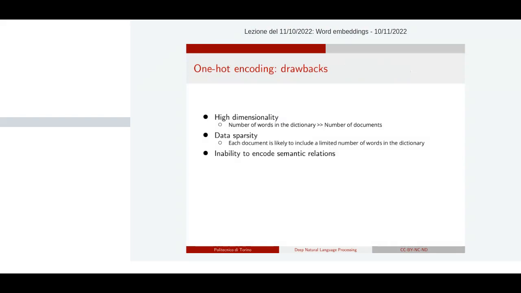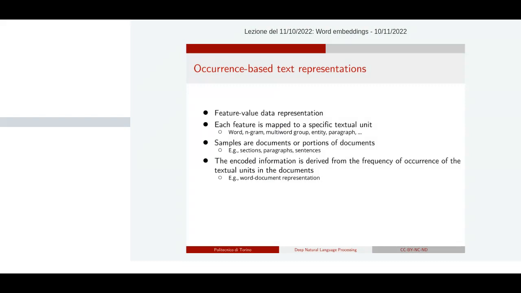So let's start seeing what happens. What we have done in our previous lecture is to introduce the so-called feature value representation, which is basically a tabular form, a matrix form. The matrix contains a feature document level representation, where the document can be even a single sentence or an entire paragraph. A feature is metadata which describes the content of the data. So the point is what kind of feature value representation is the most suitable one,